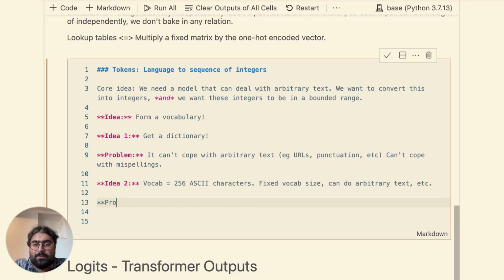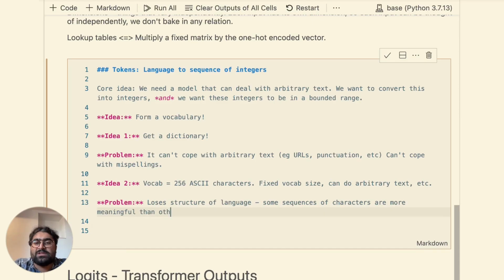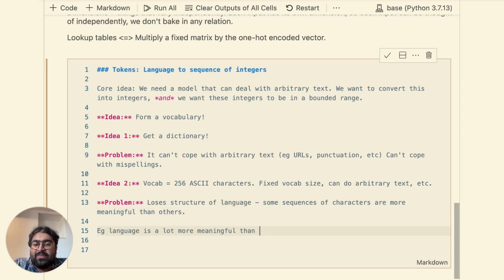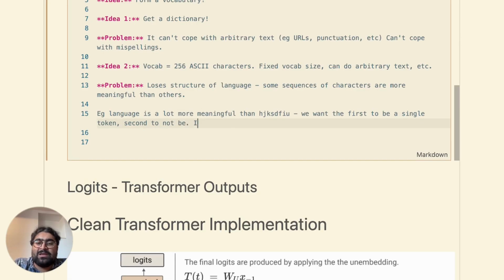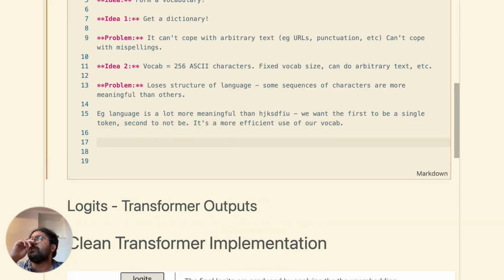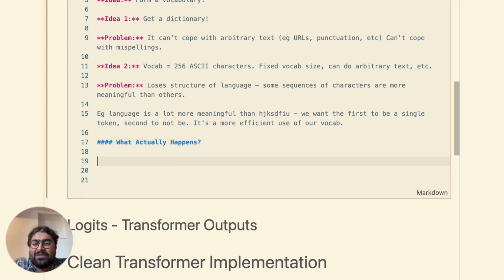The main problem is language has a lot of structure. Some sequences of characters are more meaningful than others. For example, the word language is a lot more meaningful than random characters. We want the first to be a single token, the second to not be. It's a more efficient use of our vocab. If you're familiar with things like Huffman codes and generally efficient coding and information theory, it's a similar intuition, though not quite the same thing. And so what actually happens is this super cursed thing